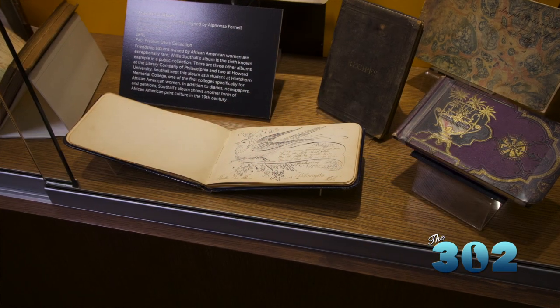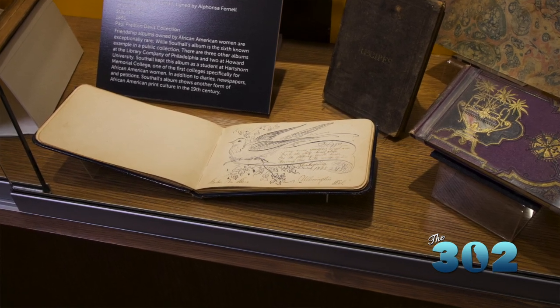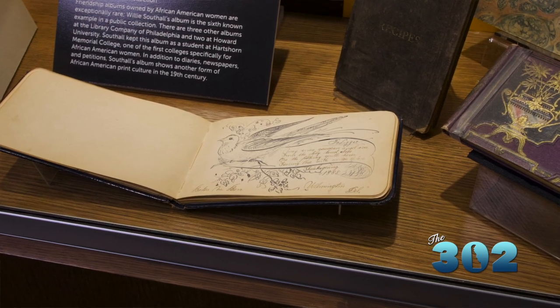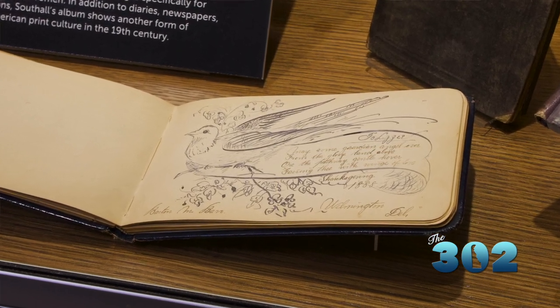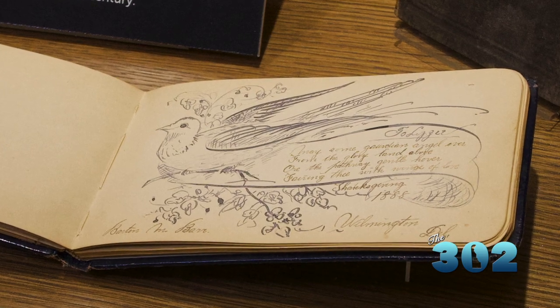But there was a young woman named Lizzie Schaub, and she asked all of her friends, obviously, to sign the album, but she asked one young man in particular to sign it twice, which he did. His name was Barton, and Barton not only signed Lizzie's album twice, but he drew these very intricate sketches for her. And we wondered at the time why a young girl would ask a boy to sign her album twice, so we did a little bit of research,